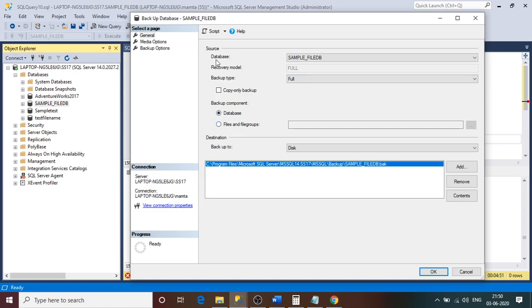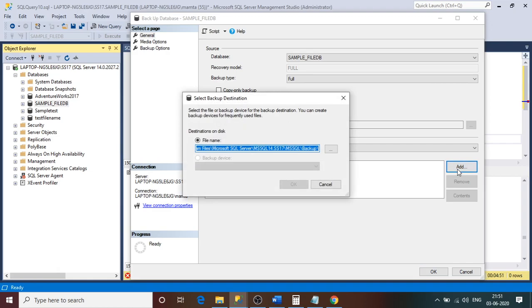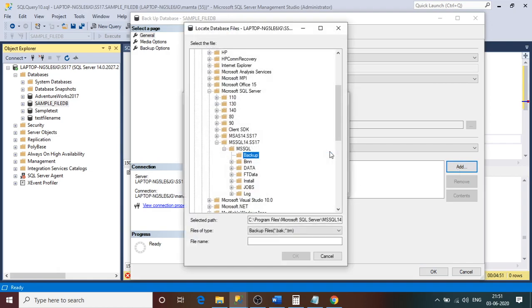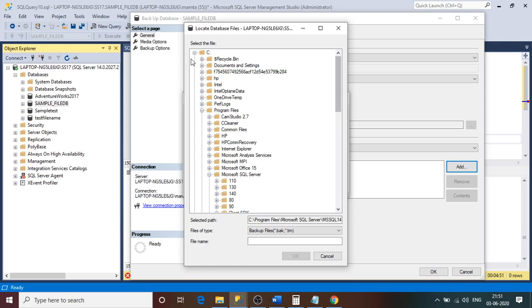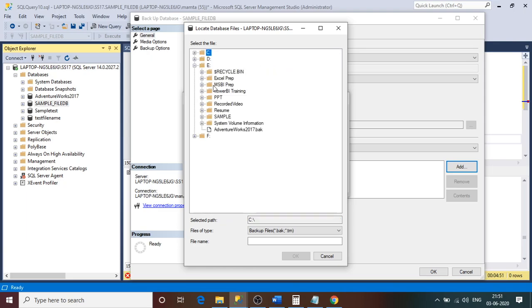Now it is asking where you want to save your backup file, the destination where you want to keep the backup of this database. I do not want this backup file in the C drive. Do not keep the backup file in the C drive, it is not a good practice. So I'll remove it, click on the Add button, click on the ellipsis button, and go to my F drive where I have a backup folder.